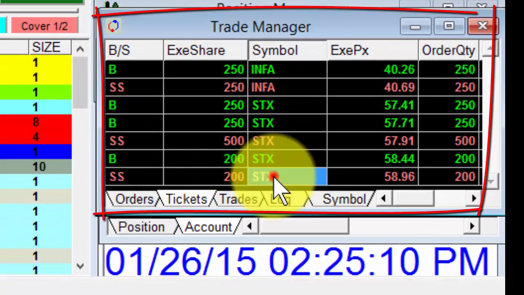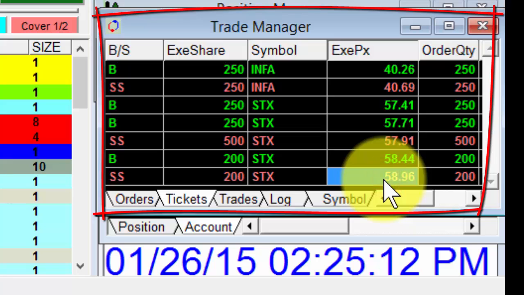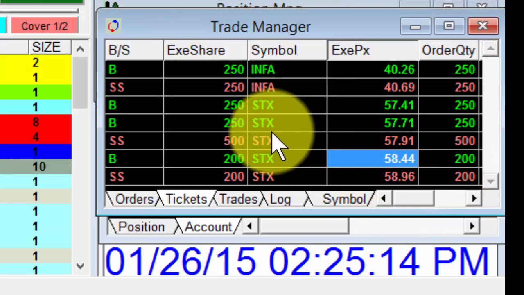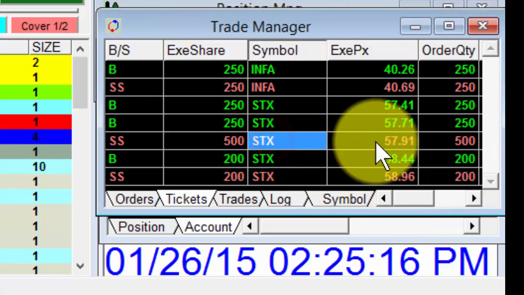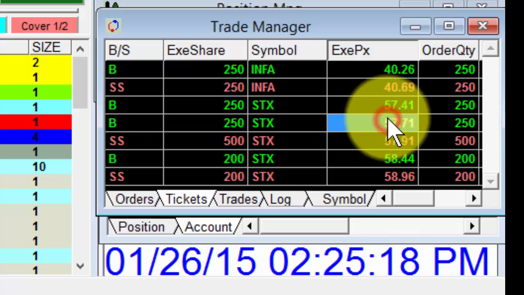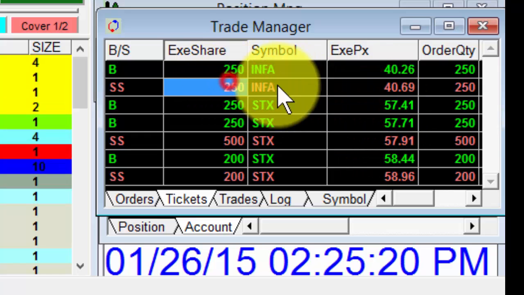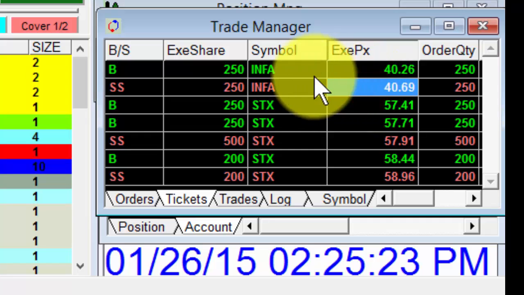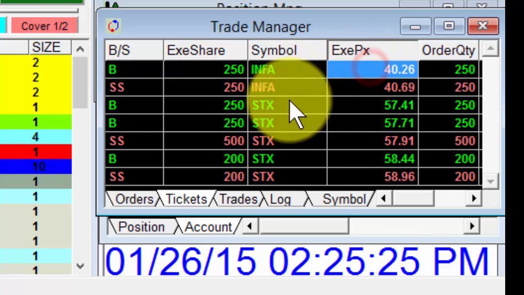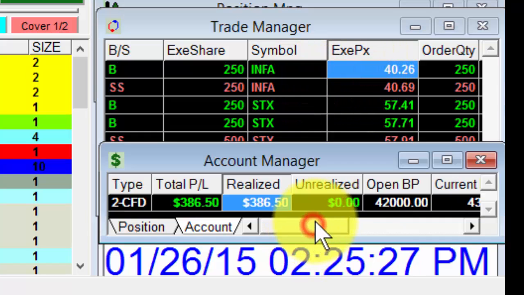Okay, and you can see my trades. 200 STX short here. I covered here. 500 shares, STX short here, covered first half here, second half here, and 250 shares INFA short here, and I covered here for an overall profit of